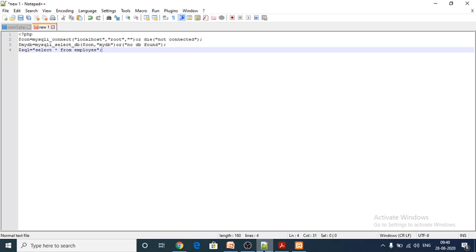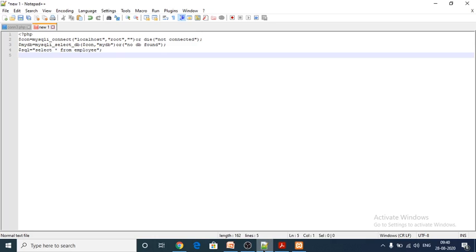Afterwards I have to give the mysqli_query. Within the bracket I have to give dollar symbol con, next dollar symbol mydb.